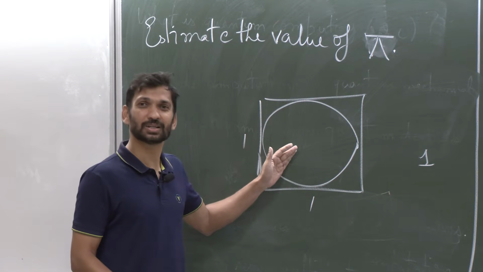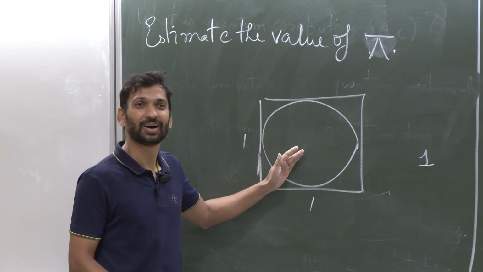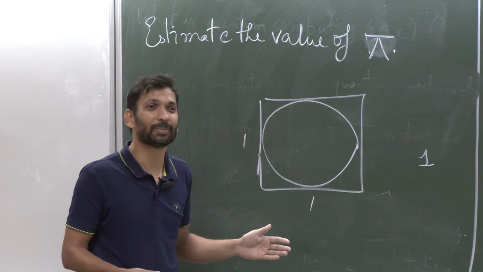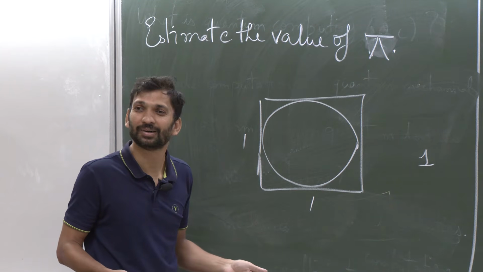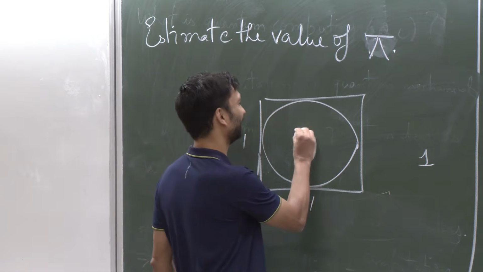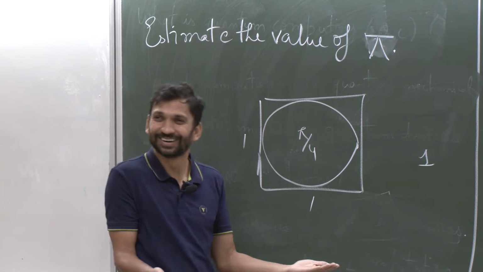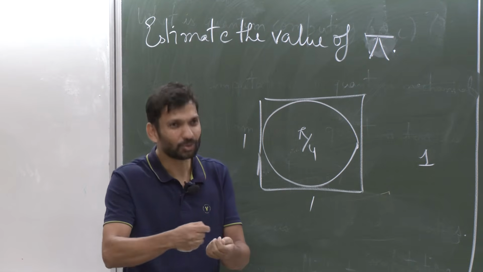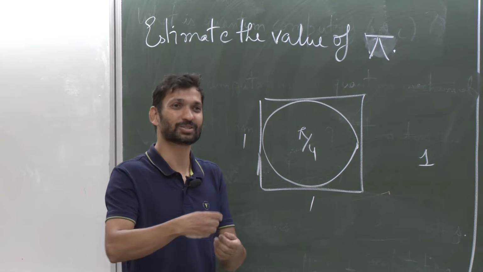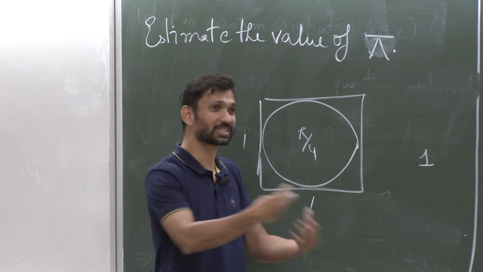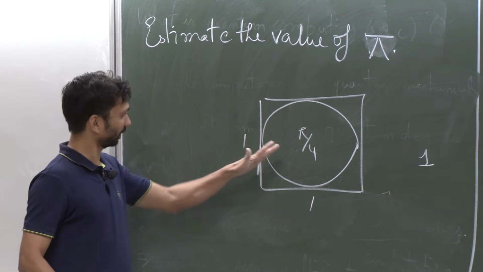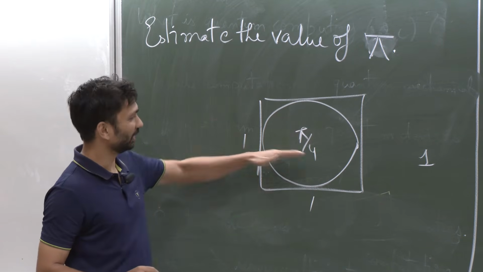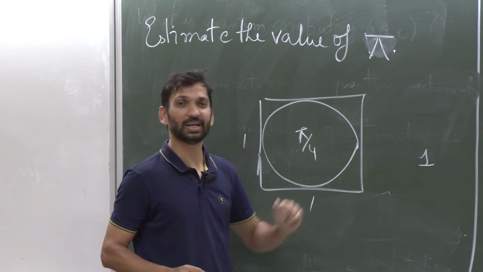What is the area of this circle? What is the radius? Half. What is the area of the circle? Pi r square, pi square r. Again, note down on a pen and paper, try to do it instead of giving the first answer which comes to your mind. Math is done in a more hard-working way, right? So the area is pi by 4, this area is 1.